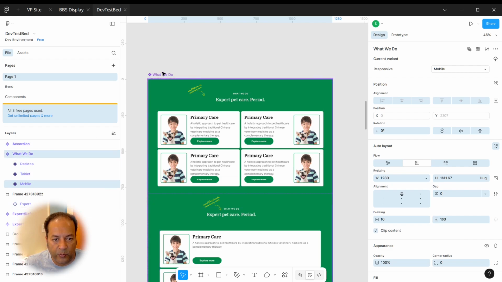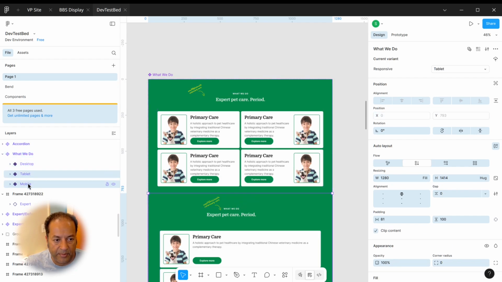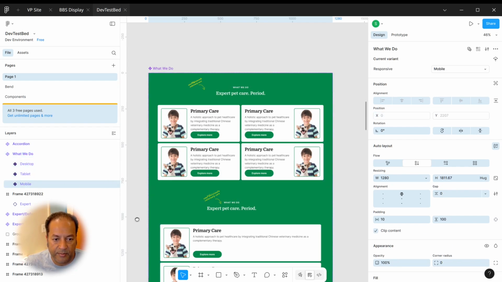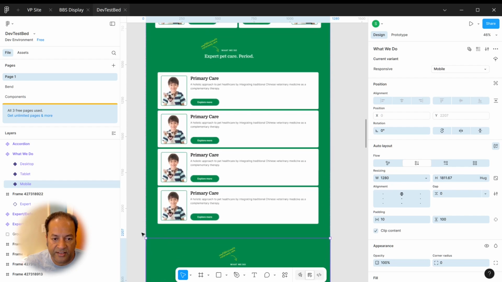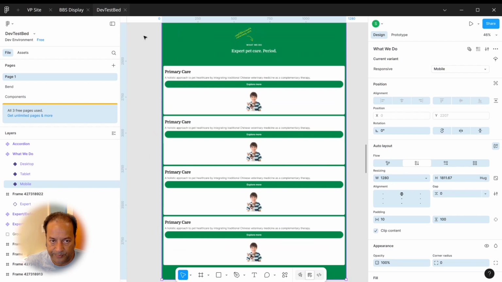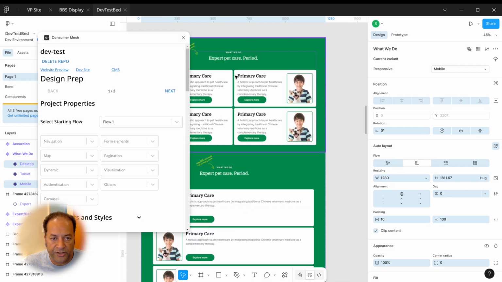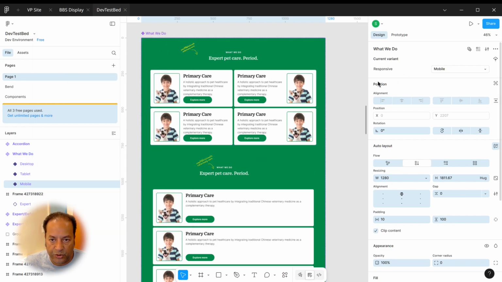So this is a "what we do" component that was designed out in Figma. There are three responsive variants, one for desktop, tablet, and mobile. This basically is how designers design the experience customized to each breakpoint. Now, using the Consumer Mesh plugin, you can run the plugin and generate the code. And what I've done is taken the actual component that was generated and manually moved it into Drupal Experience Builder